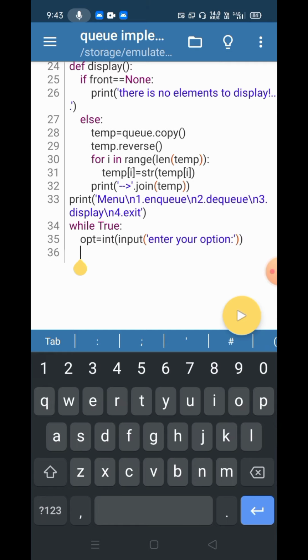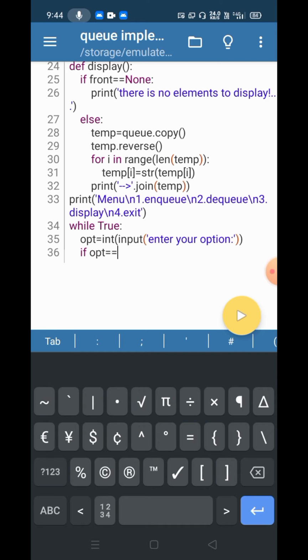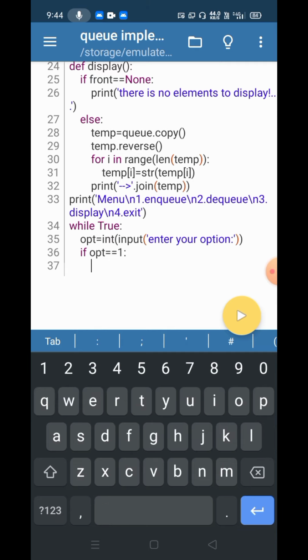We are taking an option from the user and checking if option is exactly equals to 1, we are going to take an element from the user. So let me call it val is equals to int of input of enter a element to nq, and just simply call the nq function.